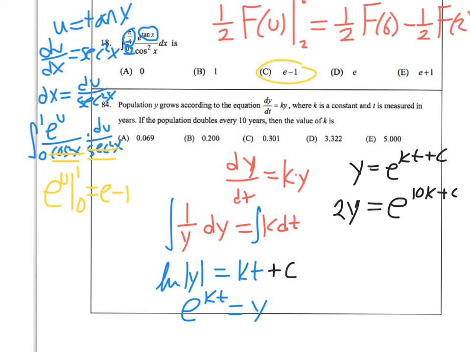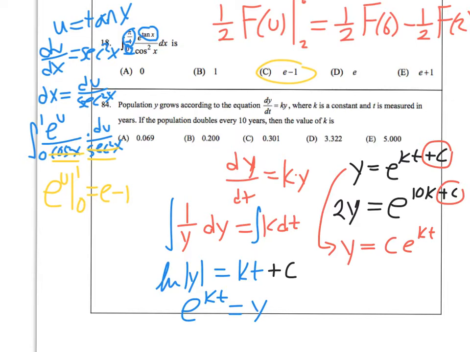When we're looking at this, what I might suggest is taking these constants, moving them down front. So we get, for the top equation, y is equal to ce to the kt. And if we're talking about this in year 0,